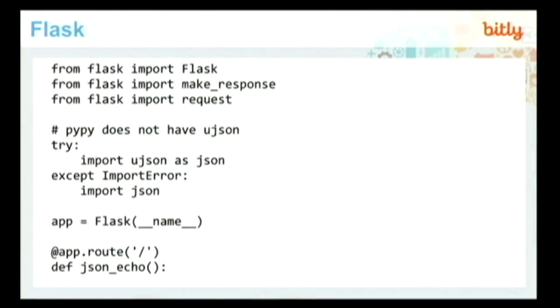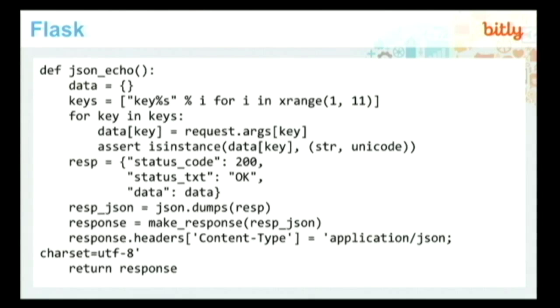So the synchronous frameworks. Let's start with Flask. With Flask, you have a bunch of imports. You build an app. You set a route as a decorator on a particular handler method. You have your handler method. In this case, to be clear, all of them are doing the same thing. They are looping over a bunch of query parameters. They are doing a tiny little bit of validation. They are building a JSON response format, and they are dumping out the keys and their values back out. It's dead simple. All it does is exercise JSON.